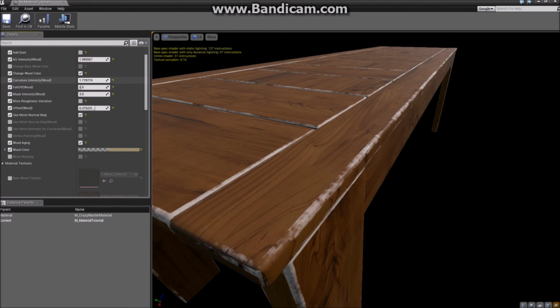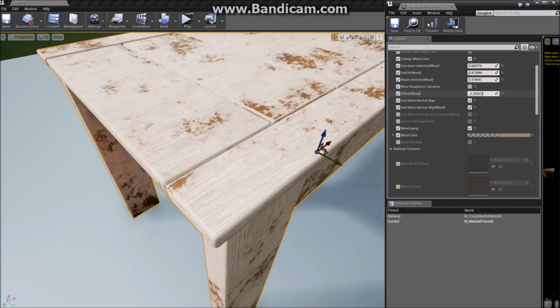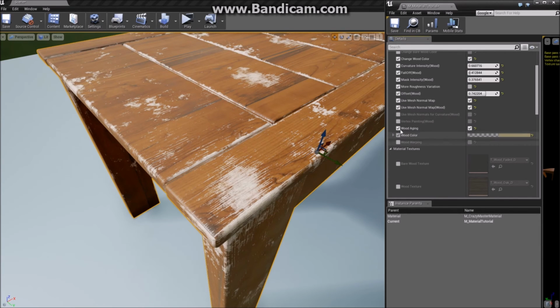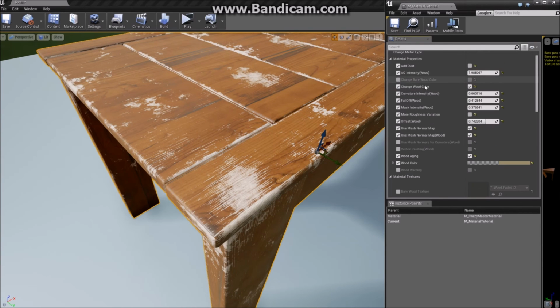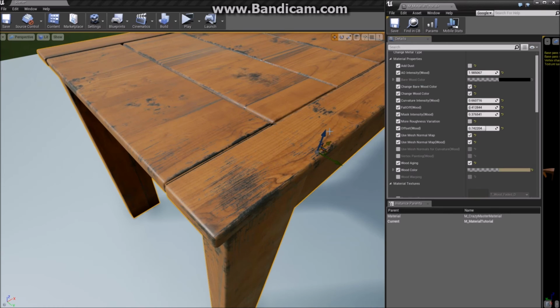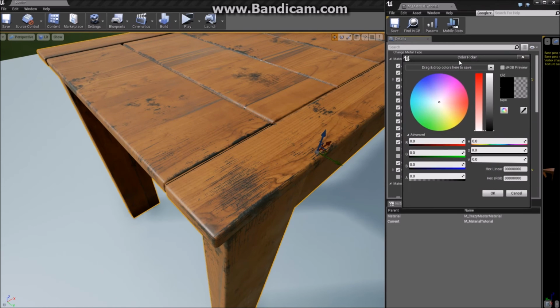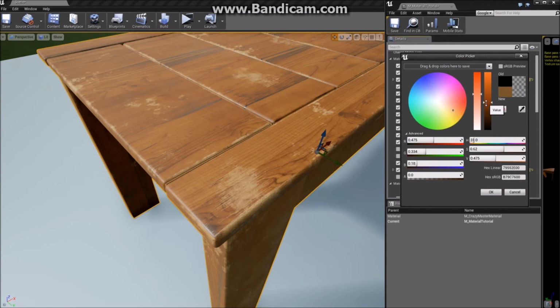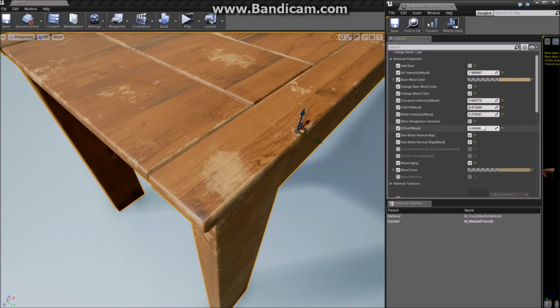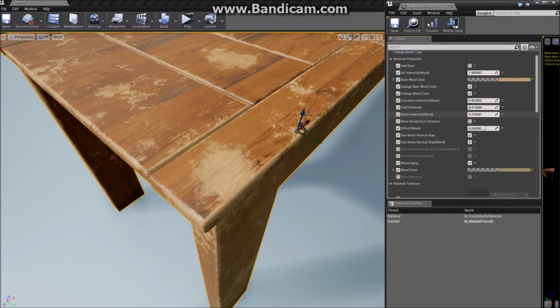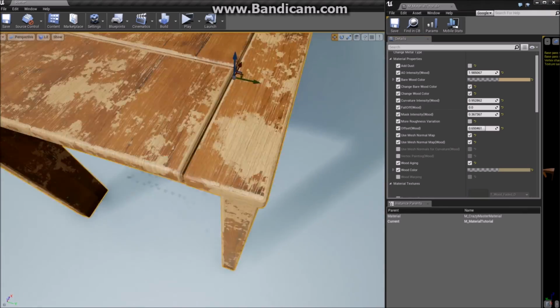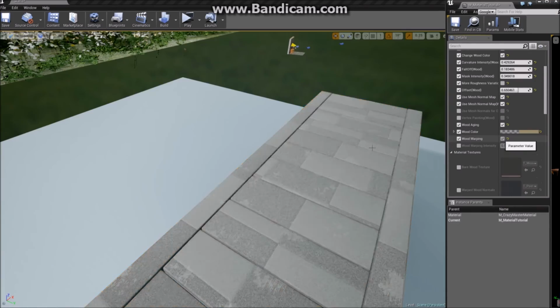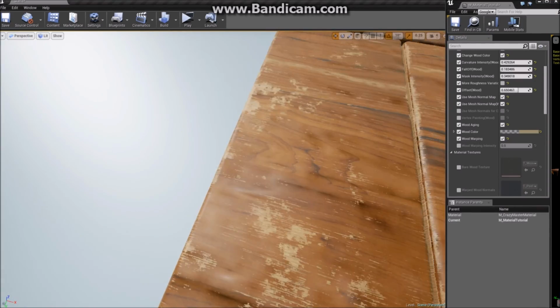Here you cannot see the textures clearly. I will take you outside the material editor in a moment so you can see how it actually looks. So now you can see a world of difference between the two. You can also change the bare wood color to match the texture more closely, something like this. Now make some adjustments and go for the result or the look you are going for.